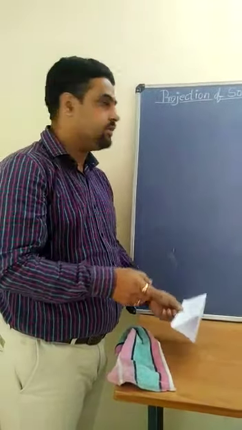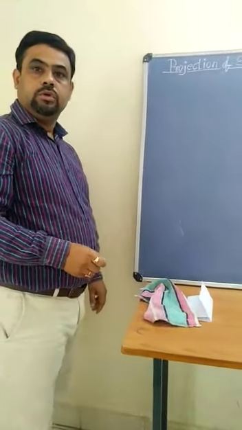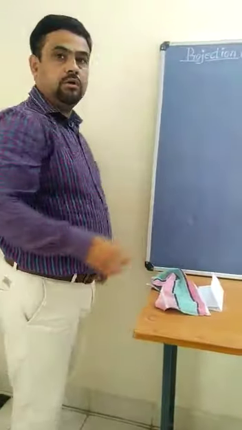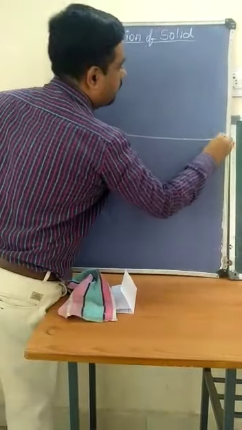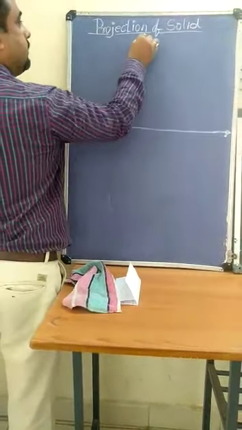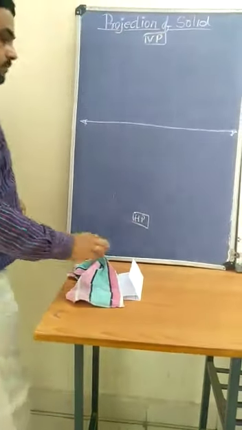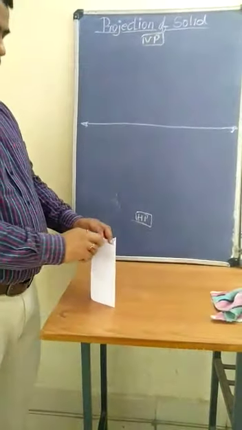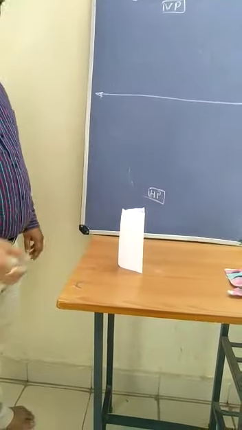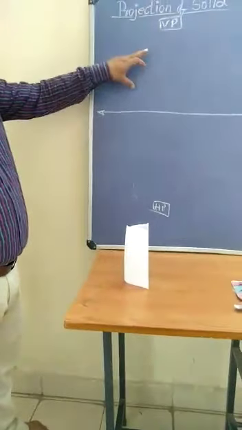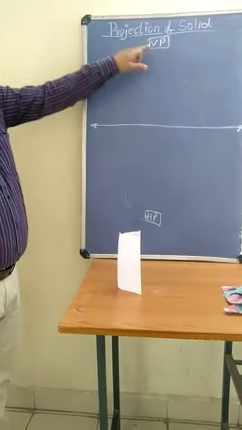You know the first angle projection method. Now how to convert that data into the problem? Now XY line, first angle projection method, VP and HP. Okay. Now this is the position, you know the position of the solid. Now how to draw? First of all, after drawing XY line and after defining the planes.